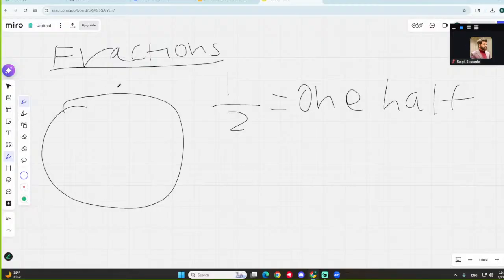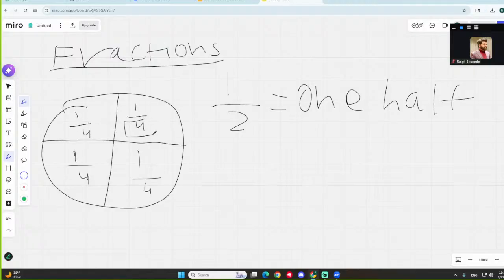Now if we have that same roti and we cut it into fourths, like this, then we'll have 1/4, 1/4, 1/4, 1/4. So basically, in today's lesson, we're going to be learning the basics of fractions, and this number on the